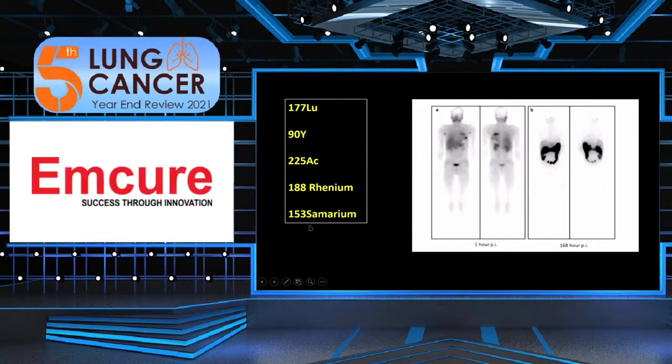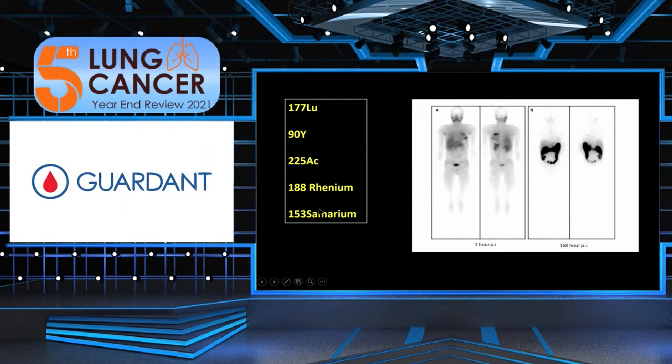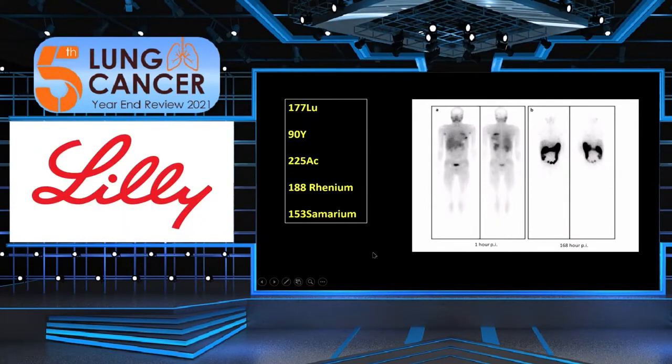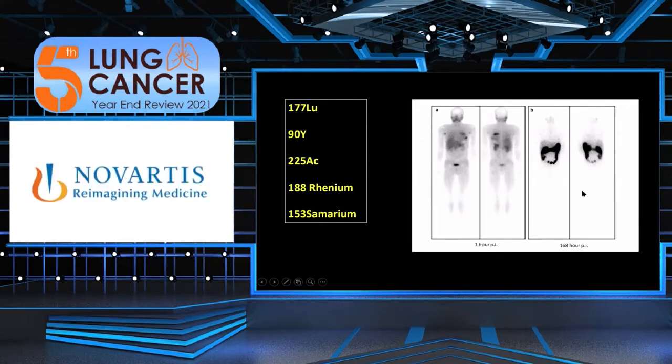And also we have rhenium and samarium. These agents have relatively longer half-life. The radium has a shorter half-life and samarium has a longer half-life. And these also are agents which have now been shown to be labeled with FAPI. So there are half a dozen of these isotopes, and we can make the right choice depending on the situation, and we can treat the patient based on what we see as the uptake on the diagnostic scan.